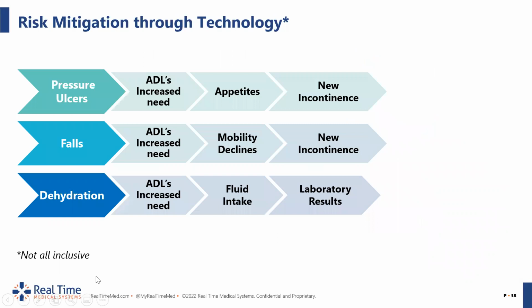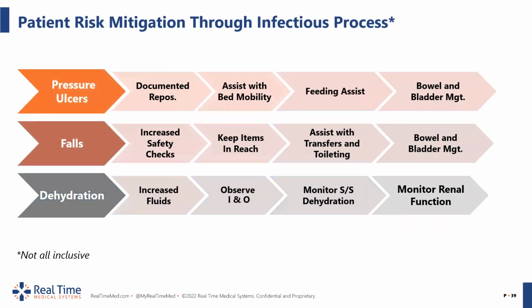Next, I want to be able to share very quickly how technology can look at some of that risk mitigation. And these are just examples. Please remember that these are absolutely not all inclusive. But when we think about our pressure ulcers, do the residents suddenly have an increased need with their ADLs? Do they have a decline in their appetites? Are they having new incontinence? And we can kind of go through every one of our risk areas and mitigate that risk when we talk about looking at this. And then even through that infectious process,